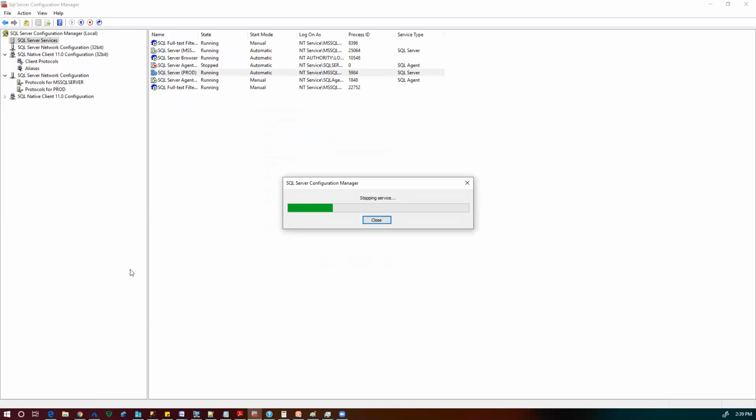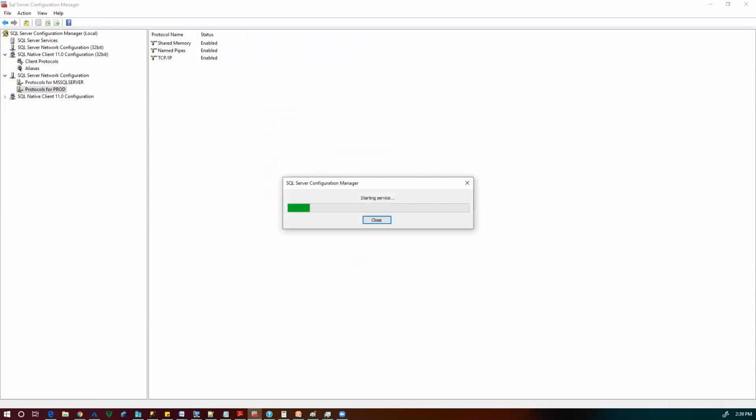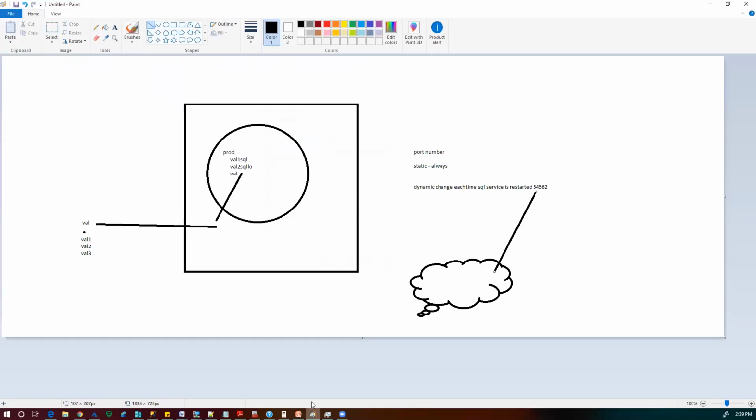So it is disadvantageous to have dynamic ports because each time SQL Server restarts, it changes that port. So in my scenario now, this application, because I have restarted SQL services and this port has come up now to be,